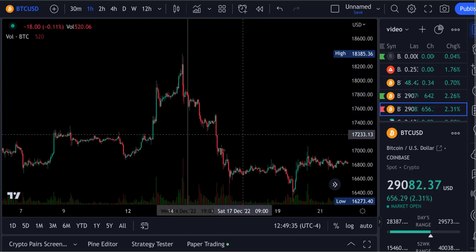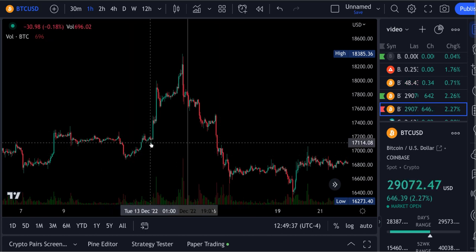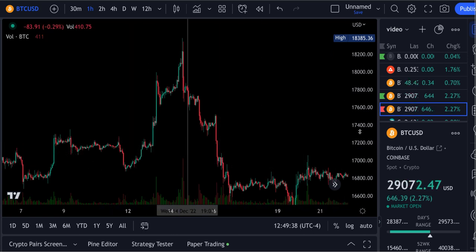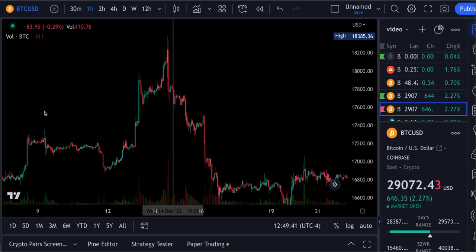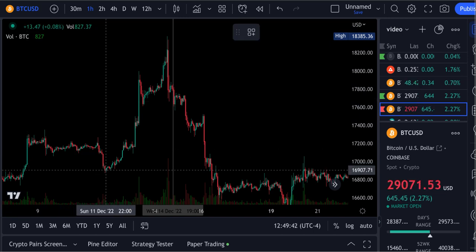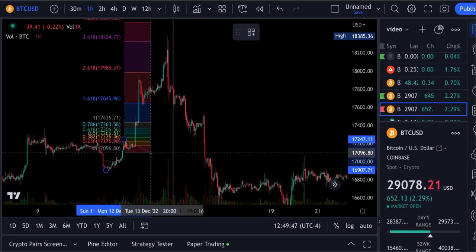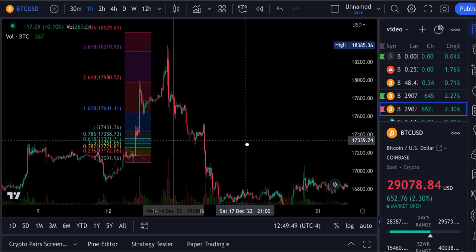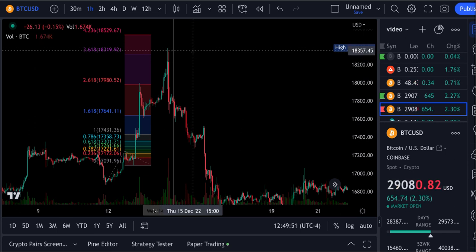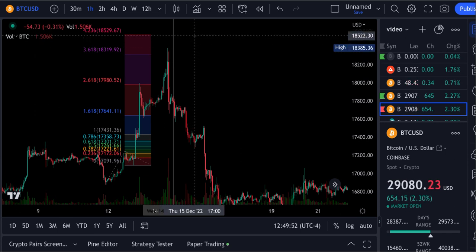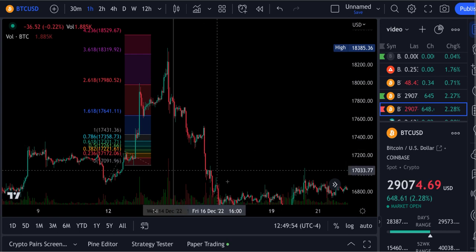If we take that off there, you had your first move and then your retracement. Not much of a retracement there, that's for sure. But if you put your trend-based fib on your low to your high, back to your low right there, and then click it again so it stays in place, you can see this came right up between the 3.618 and the 4.236, and then the price ended up rolling